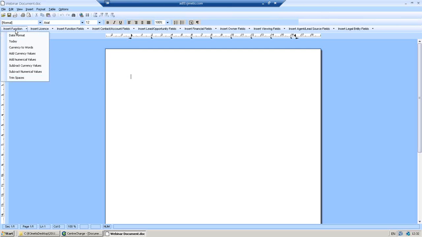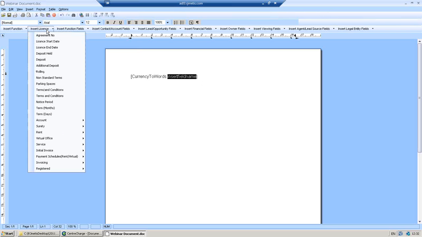So if you go into Insert Function, you'll have a few more functions, as it were. So, for example, currency to words, if you were to select this function onto your document, it will load this field. Now, it will say currency to words, and where it says Insert Field Name, you'll need to highlight this, and then you'll need to tell the function what it needs to convert into words. So if you highlight Insert Field Name, and then you go into Insert License, so you're pulling through a license merge field,